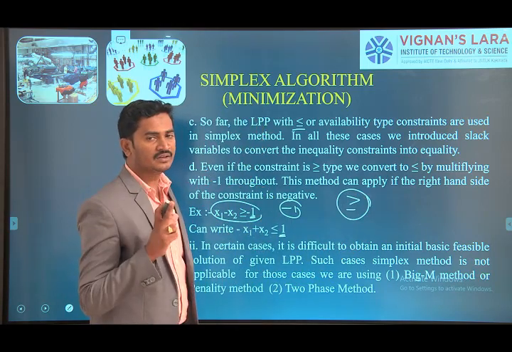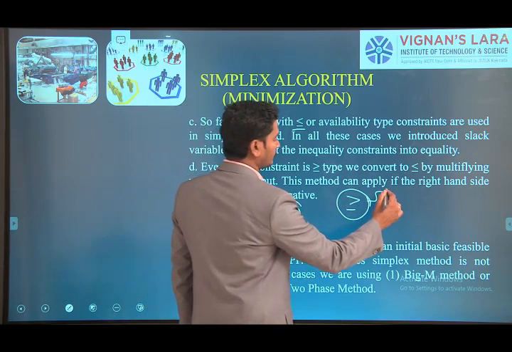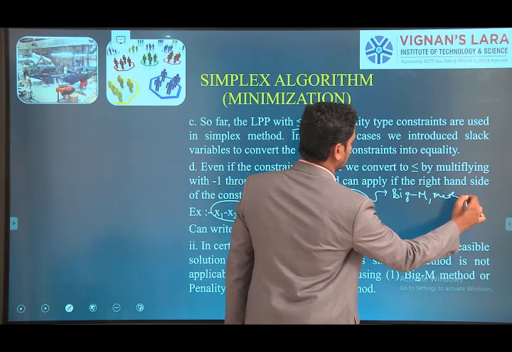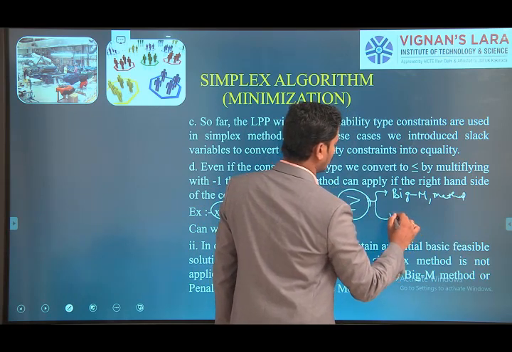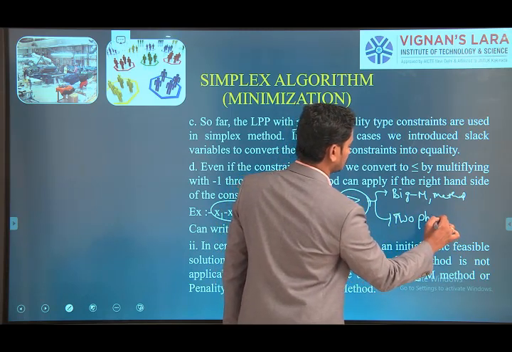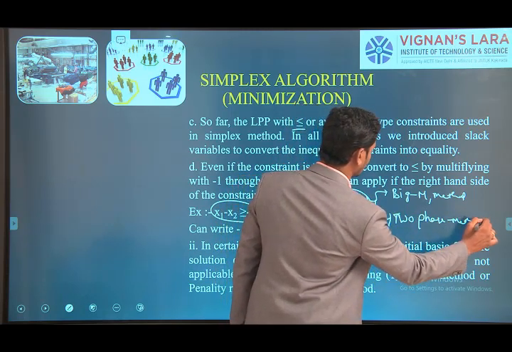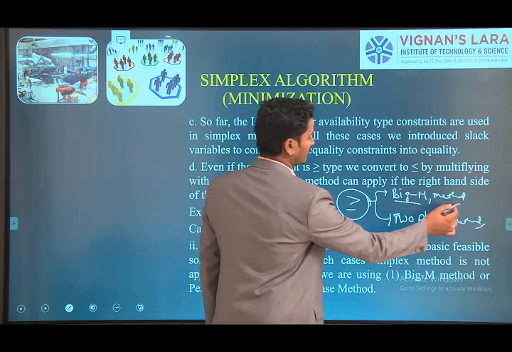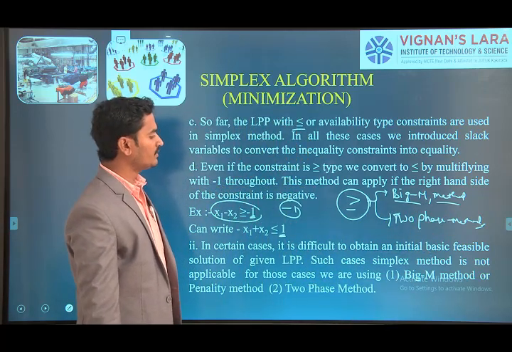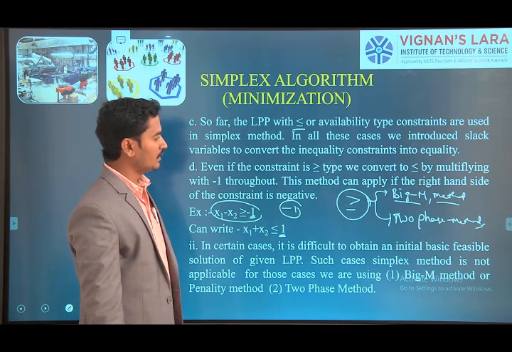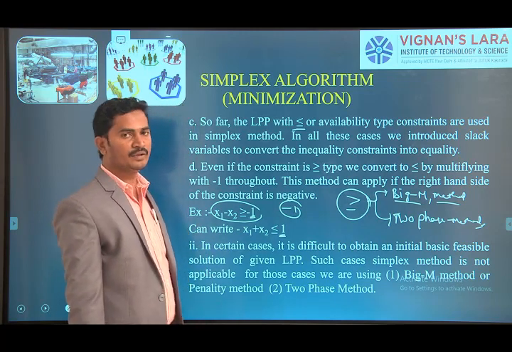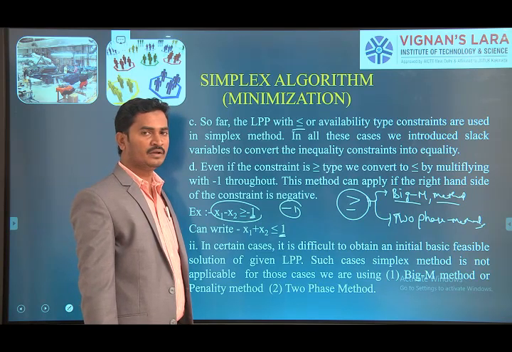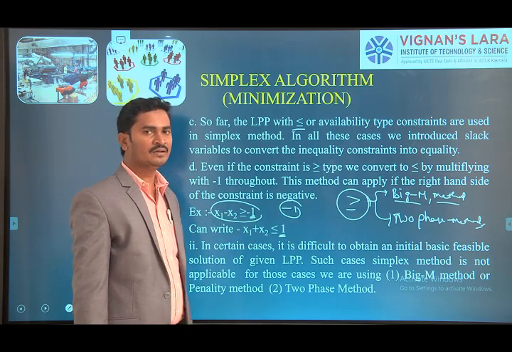For solving those types of problems we have 2 techniques. One is the big M method and another one is the two-phase method. Now in this lecture we are going to discuss the big M method. What is the big M method? The name itself, big M, tells us: here we introduce the big M into the coefficient value of slack or surplus variables, where we have to take the big M with the surplus variables.